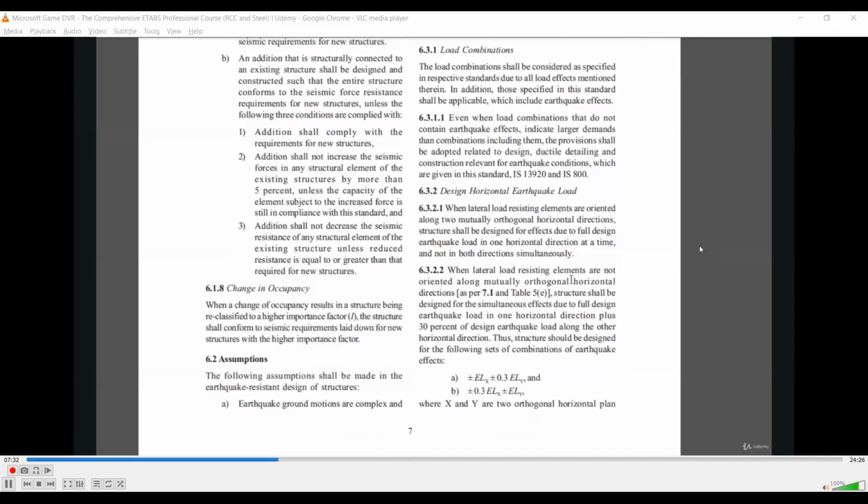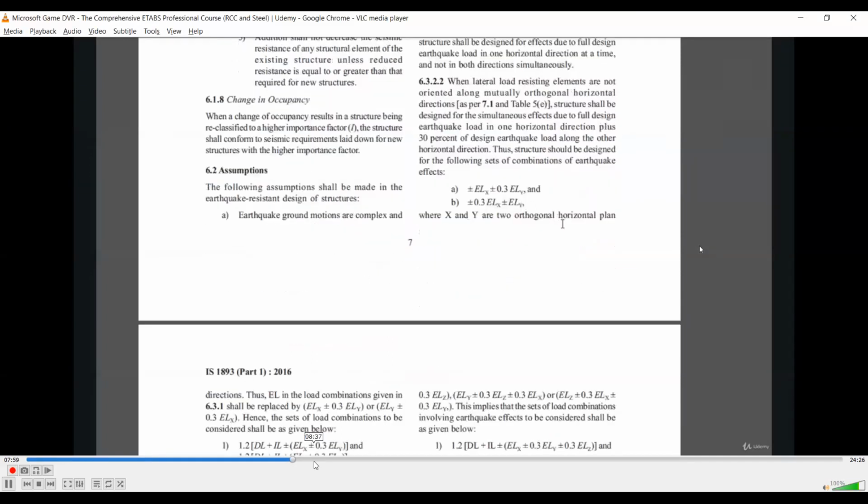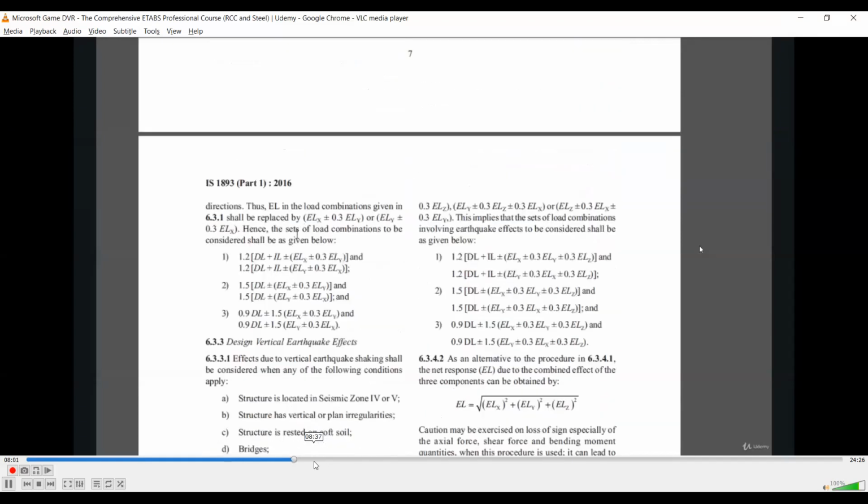That is, when the building is parallel to the x and y axes, then that building shall not be checked for the combined type of loading, that is ELX plus 0.3 ELY. When the building is not orthogonal, or is a building with very special structural shapes, then that building needs to be designed for ELX plus or minus 0.3 ELY, and plus or minus 0.3 ELX plus ELY, where X and Y are the two orthogonal horizontal plane directions.